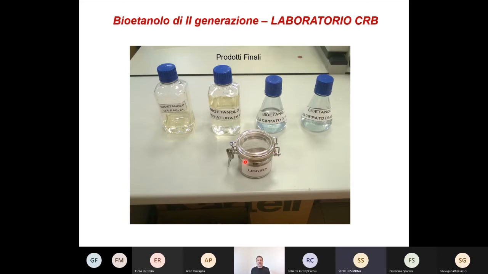Cost problems. Yes, you are underlining a very important phase, because of course you can see the energy costs inside the pathway, the enzyme costs, the time, because I didn't say, and sorry for this, but hydrolysis requires 1 or 2 days to complete the process. Fermentation requires 1 or 2 days. So it's also a very long process, and a very long process means a lot of costs. So it's another very important problem.